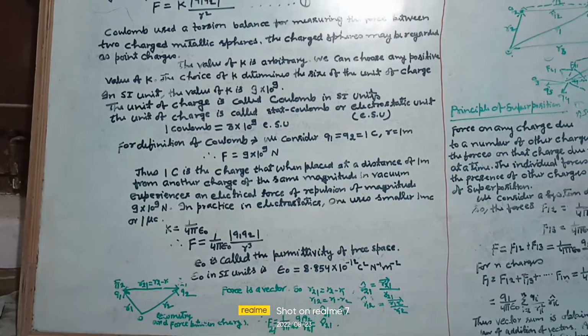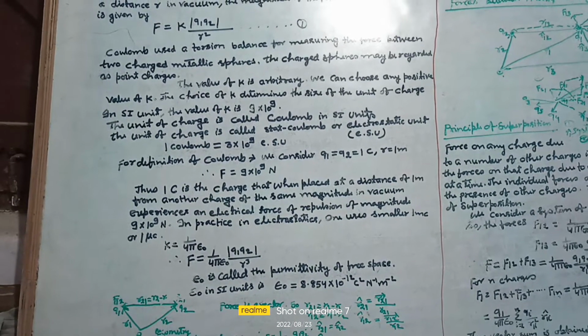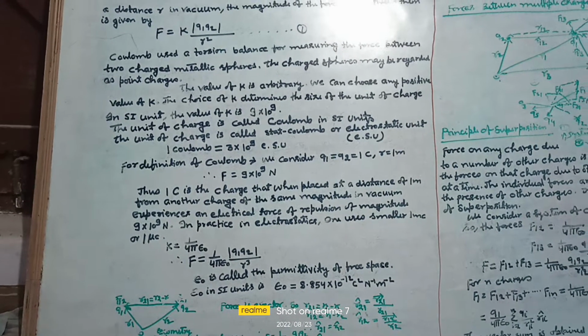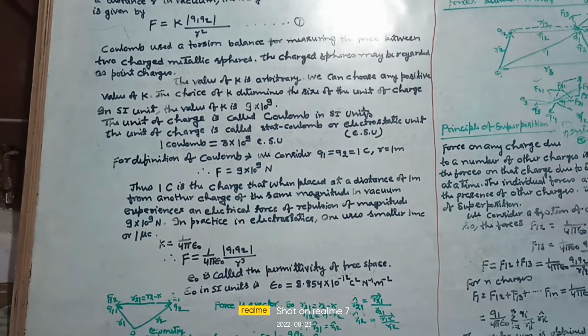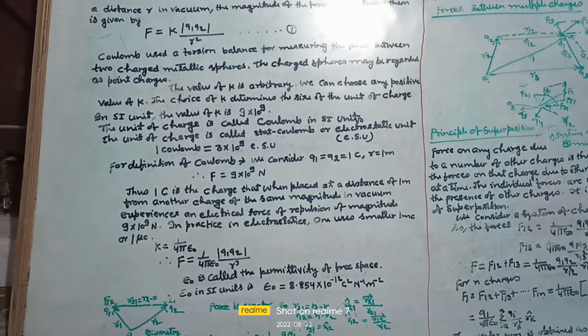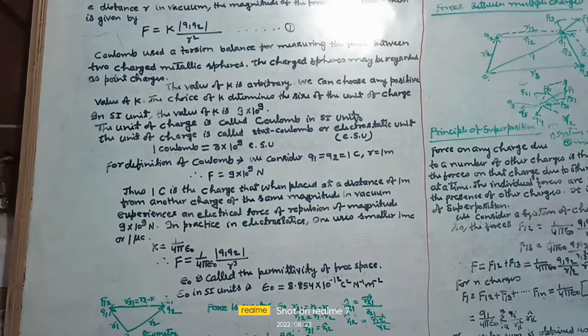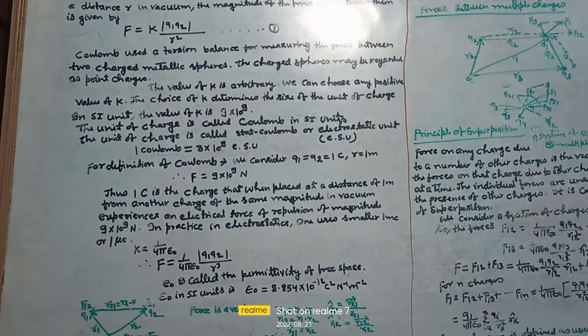Thus, 1 coulomb is the charge that when placed at a distance of 1 meter from another charge of the same magnitude in vacuum experiences an electrical force of repulsion of magnitude 9 × 10^9 newton. In practice in electrostatics, one uses a smaller unit, such as 1